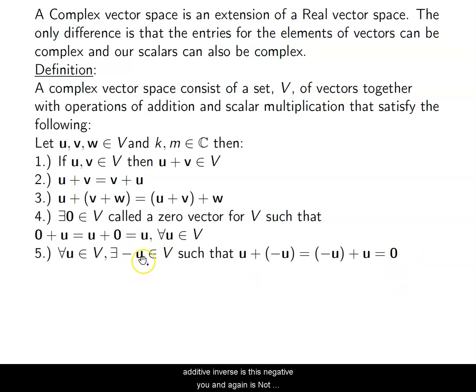The additive inverse is this negative u, and again, it is not just negating all of the elements inside of that vector, right? It generally will have a very specific shape. A lot of times it is just negating all of those values inside of the vector. Okay, it really depends on how we define the addition and scalar multiplication. Okay, so for 6,